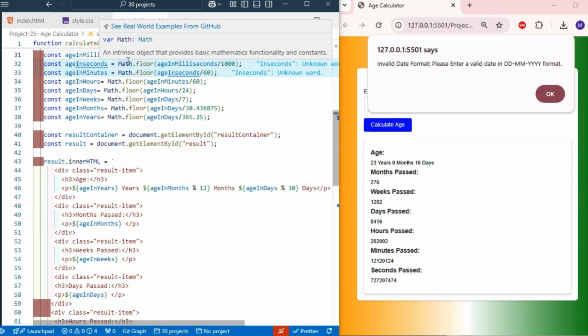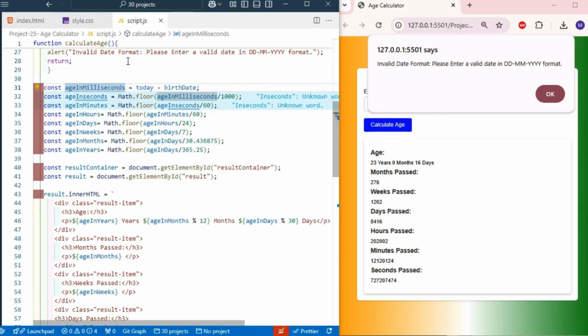And age in months is Math.floor of age in days by 30.436875. And age in years is Math.floor of age in days by 365.25.